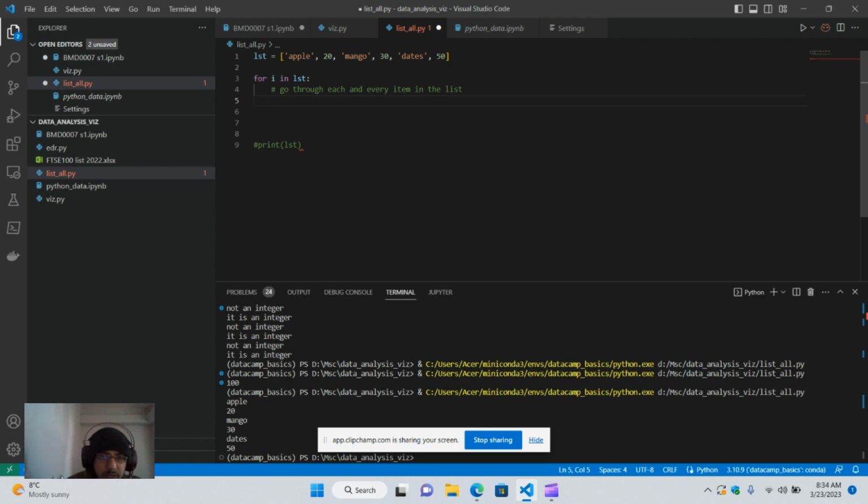For that we have to write if type, which is a function we know that tells us the type of a particular data. We put I, because this I means whatever item the iterator, the cursor, is on. All right, so if the type of I equals integer,